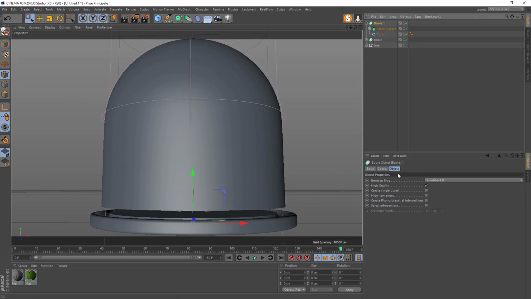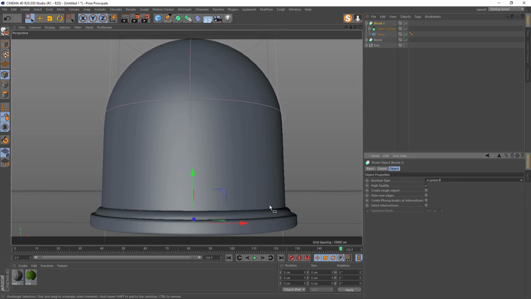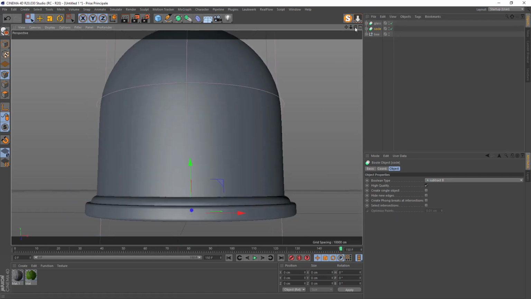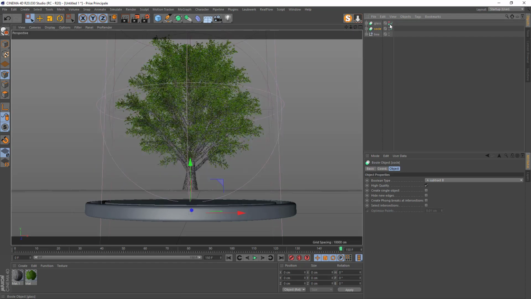Go to the bool, object, you don't want subtract but union. So now they are both together. So it's good. Call it glass. I call it glass even if this part is wood, but we know it's like a glass. Okay, so glass, and this one is a bottom socle, I call it socle. Entry, we've got that. I will hide the glass